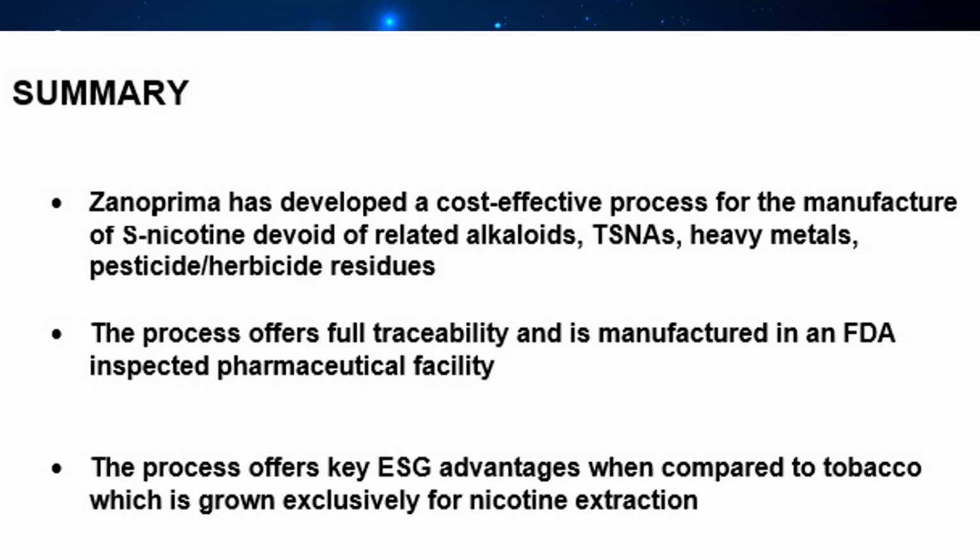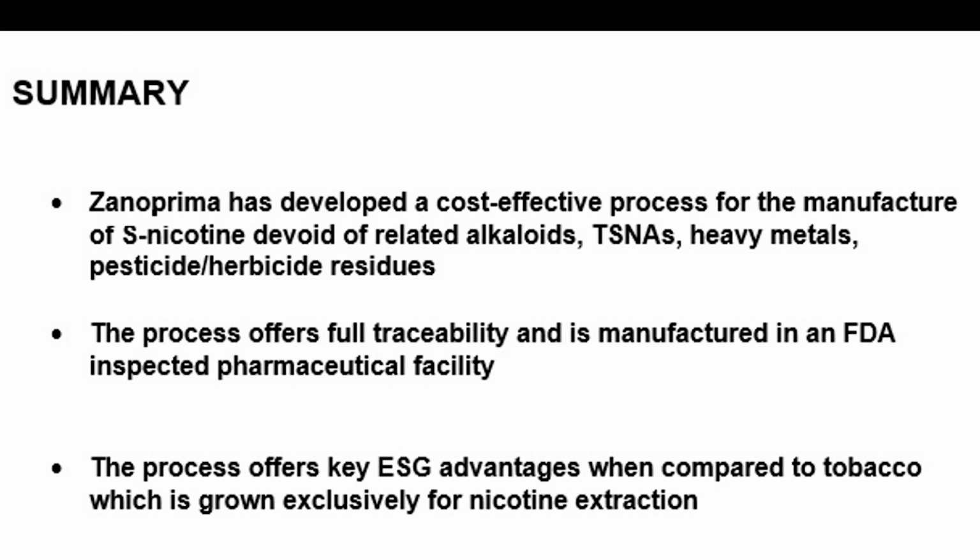So, in summary, what we have is that Zanoprima has developed a cost-effective process for the manufacture of S-nicotine, which is devoid of related alkaloids, tobacco-specific nitrosamines, heavy metals, and pesticide or herbicide residues. In addition, the process, as requested, offers full traceability and is manufactured in an FDA-inspected pharmaceutical facility. The process offers also key ESG advantages when we compare it to tobacco, which is grown exclusively for nicotine extraction, or even that which is a